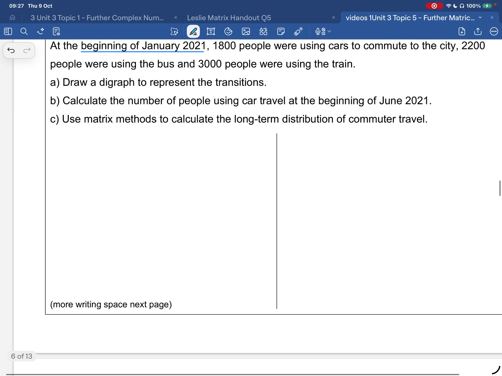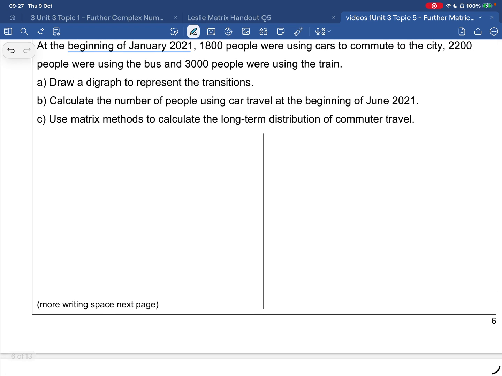Now, before we even start, let's start with defining our variables. Okay, so let's let C, B, and I'm not going to call train T, just because with Markov chains we've got a transition matrix and that's a T, so I'm going to say R for rail, okay? And I'm going to say that's the, and this is important, the proportion,